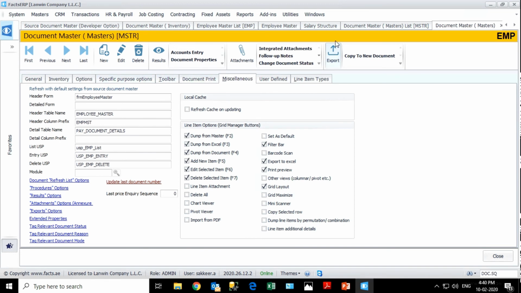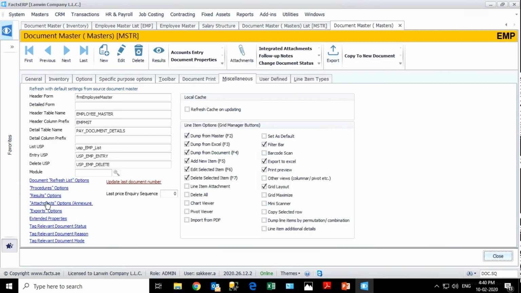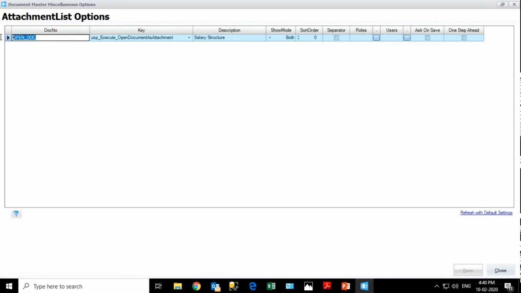See, it is coming under the attachments option. So you have to search for the attachment option. This is our guide. Okay, this is mandatory here. You have to put the key as open document. Then only will it work with this concept.